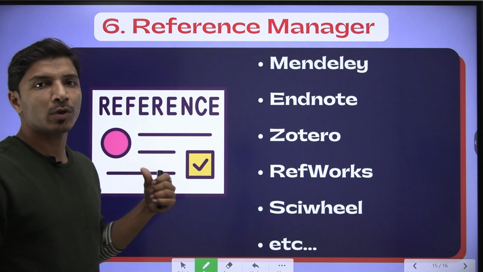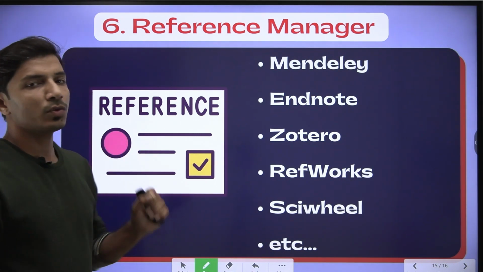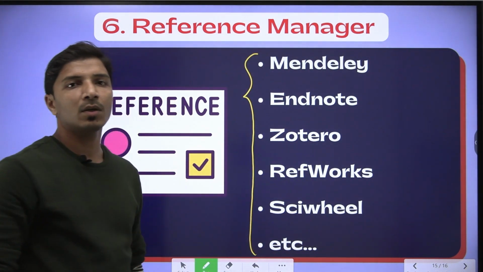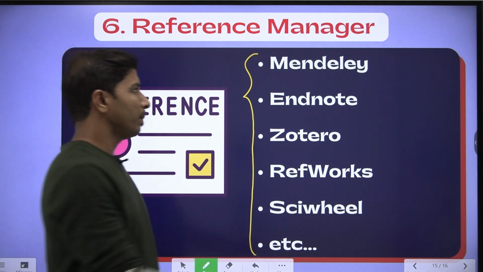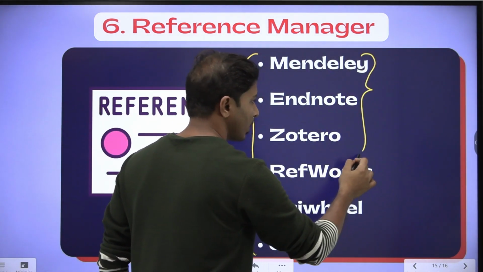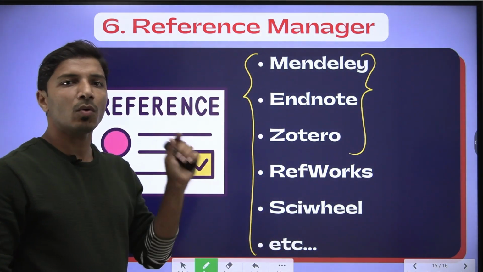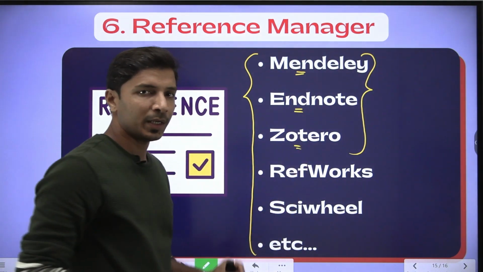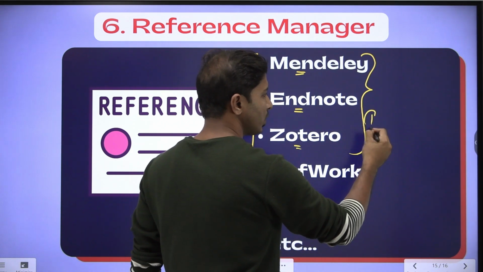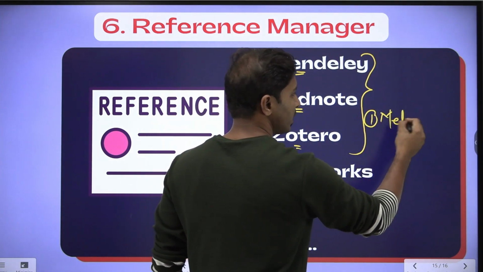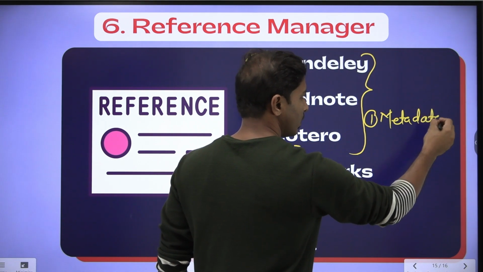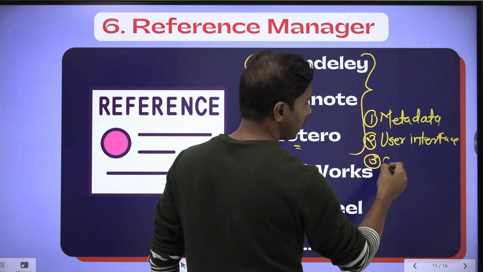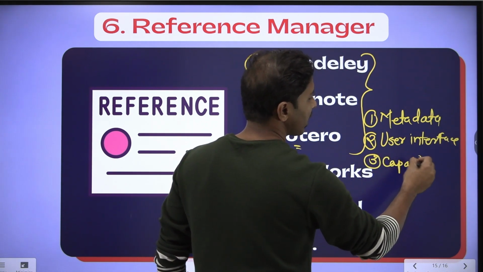Okay, so this is actually the last point. Previously we discussed the fifth point, reference or citation manager. There are several options available in order to generate the list of references or to put in-text citations, but these three choices are most popular. These three tools have their own capabilities. You can use all three with Microsoft Office as a plugin, and you can differentiate them based on three points. First is metadata fetched, second is user interface, and third is capability to handle data.